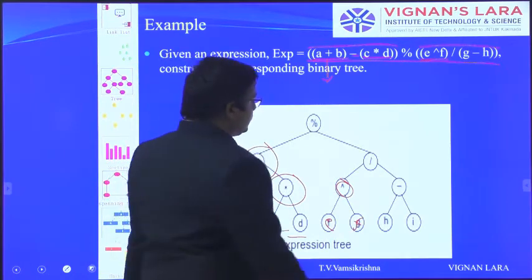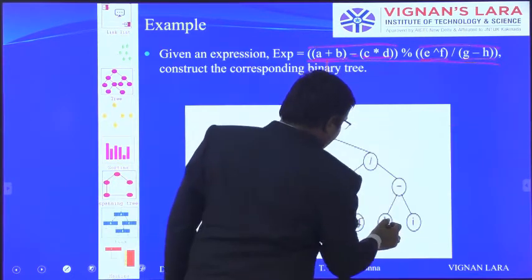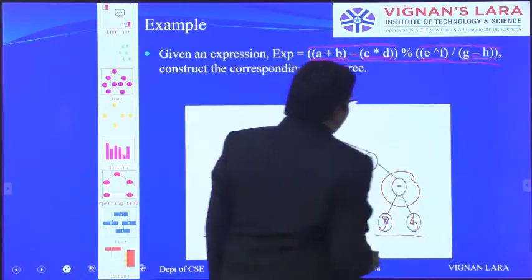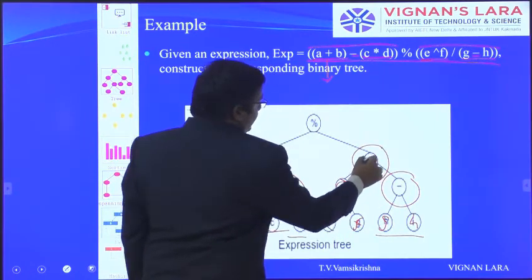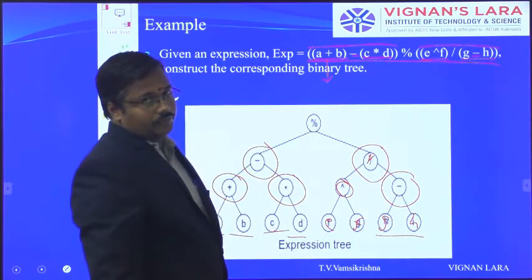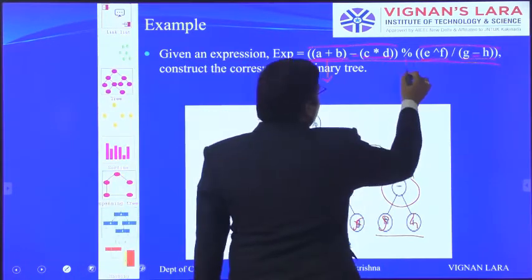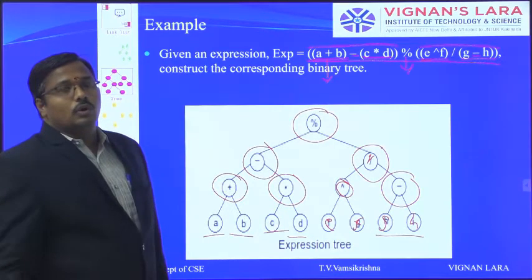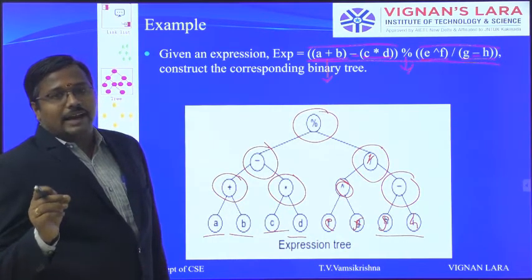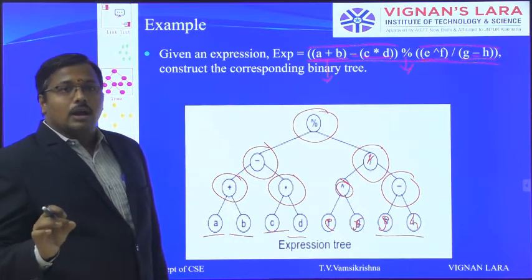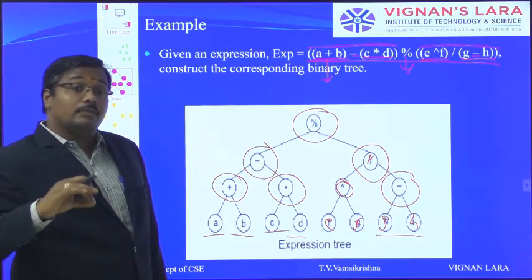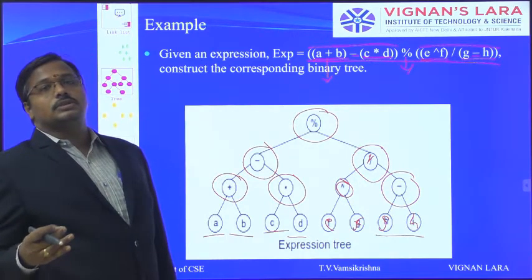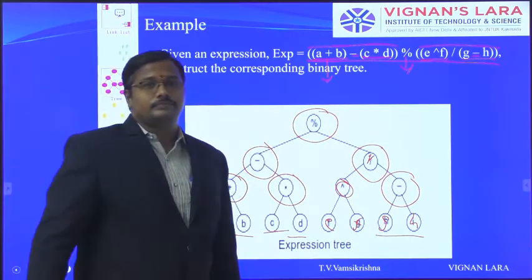Here we are applying cap. Cap is nothing but power. And here also G, H. So this is G, this is H, and here we are applying minus. At last we perform the division operation, and finally the modulo operation. One very, very important point here is that how an expression is evaluated is based on precedence and associativity. The expression tree is constructed in that same way.